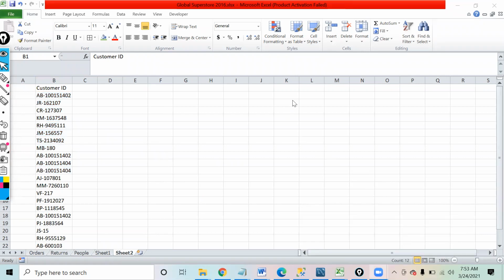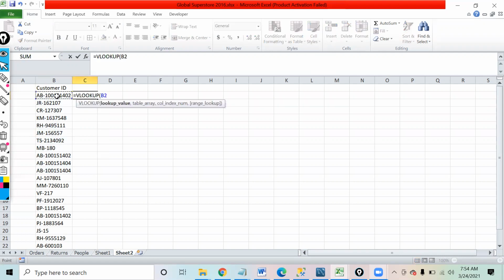So how shall I use the VLOOKUP? If we apply VLOOKUP, you just type equal to VLOOKUP next to the first customer ID, and then the lookup value will be the customer ID and the table array will be the orders.